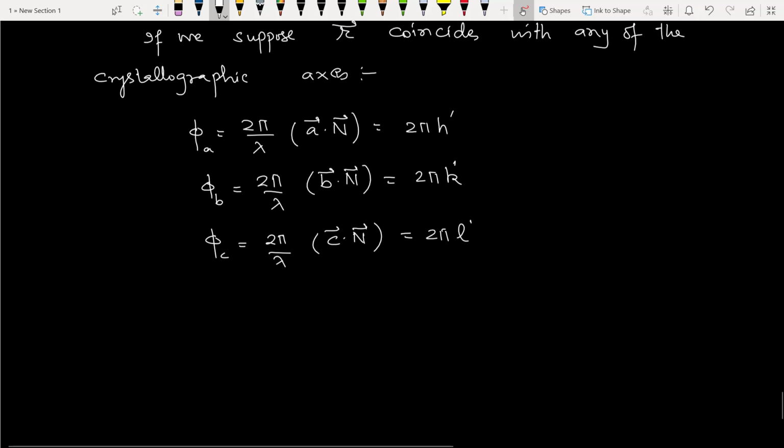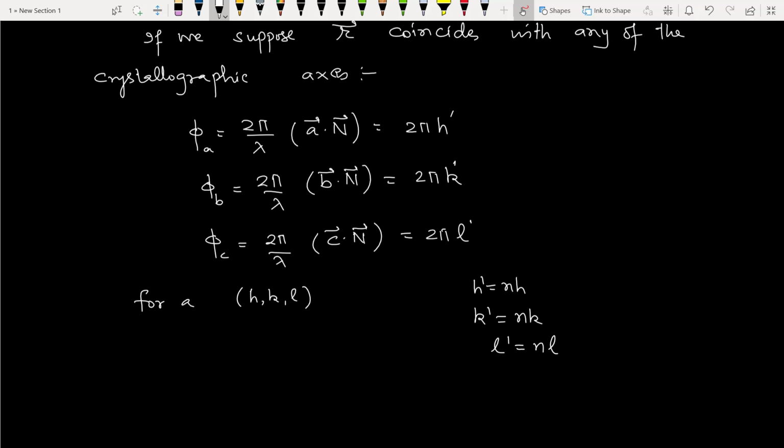And for an HKL plane, if we write h dash is equal to nh, k dash is equal to nk, l dash is equal to nl, that is, n is a common factor,